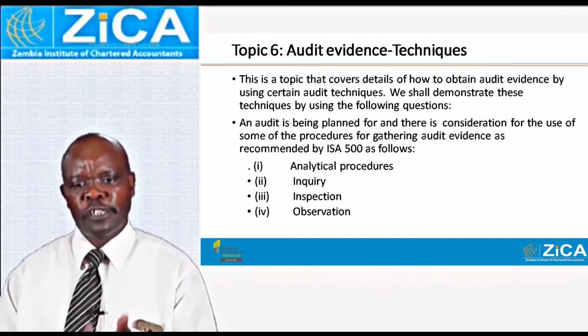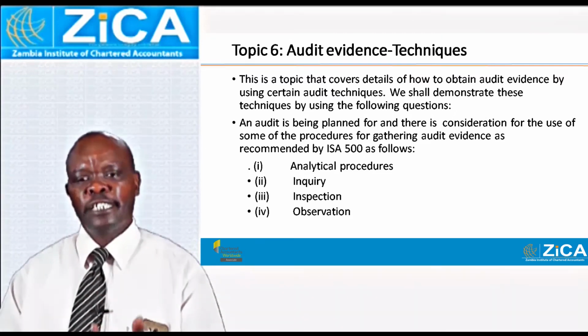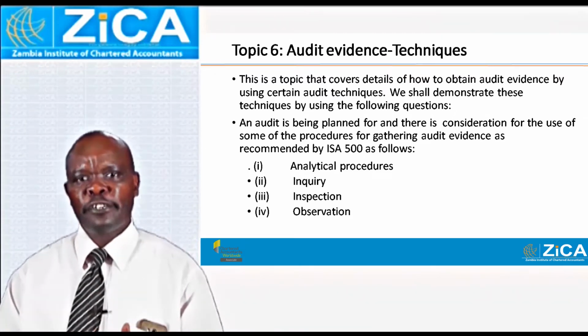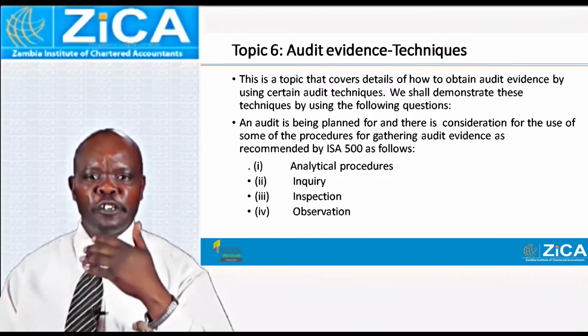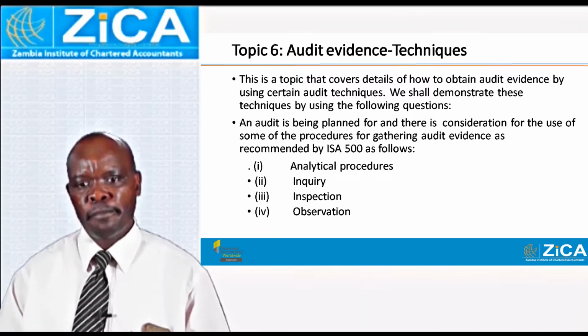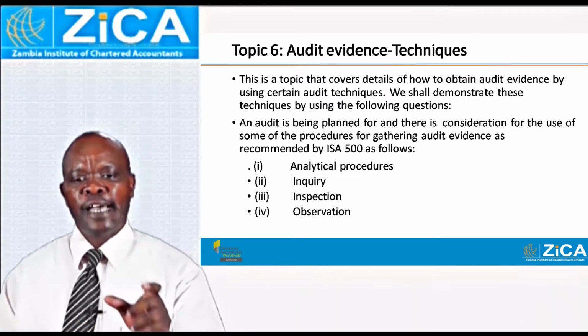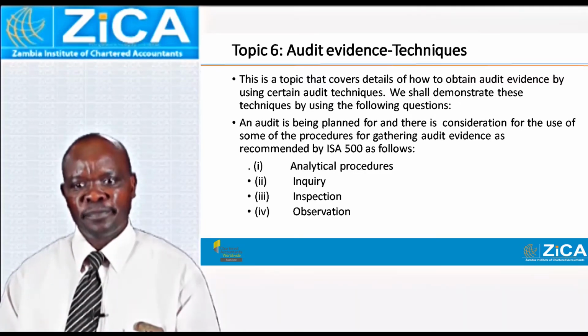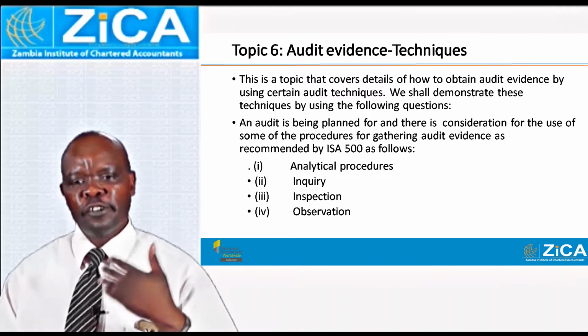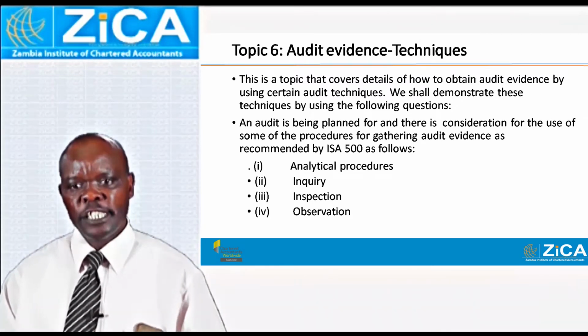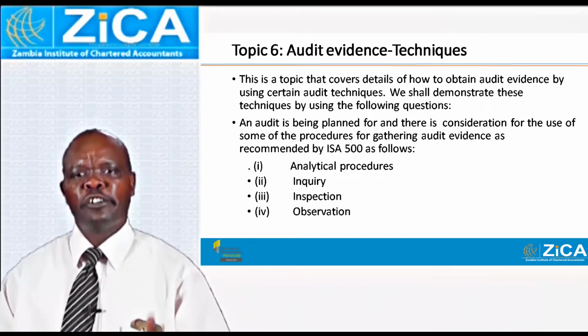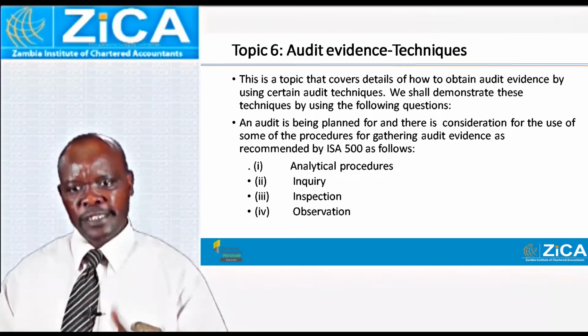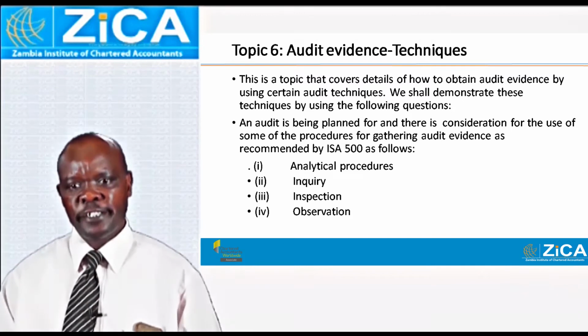When a question begins with a standard, you should take this very seriously. Some of the topics will plainly begin with no reference to a standard. But if a question says ISA 500, there's something that should ring in your mind. Did you come across ISA 500? Did you read it? Because your answers must actually be from the same ISA 500.